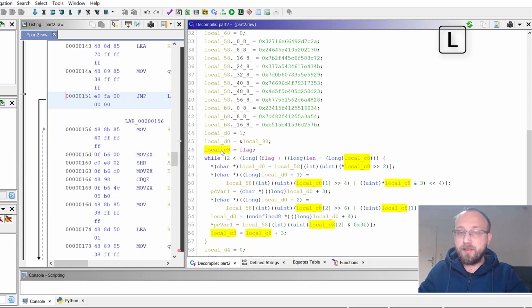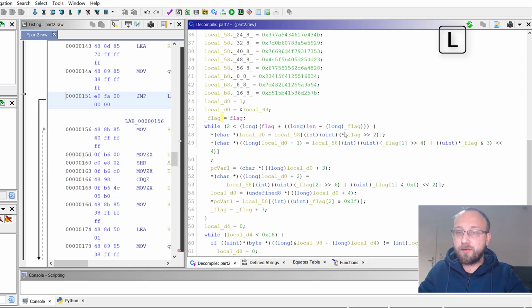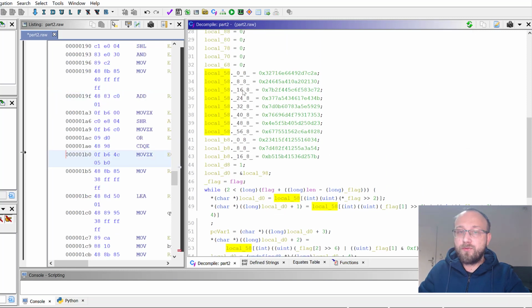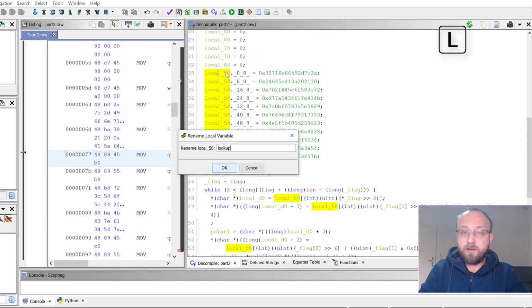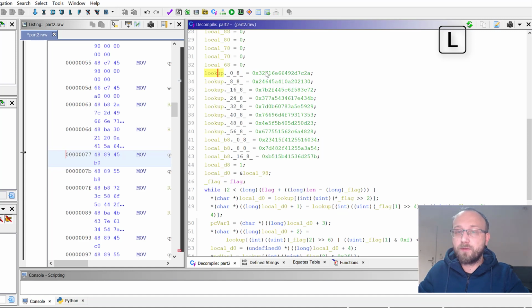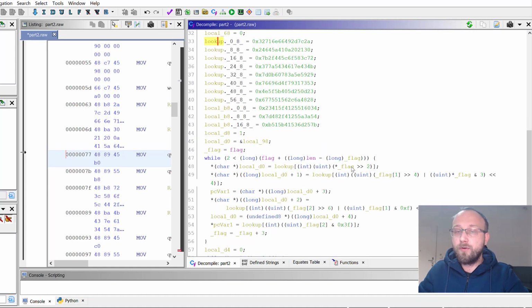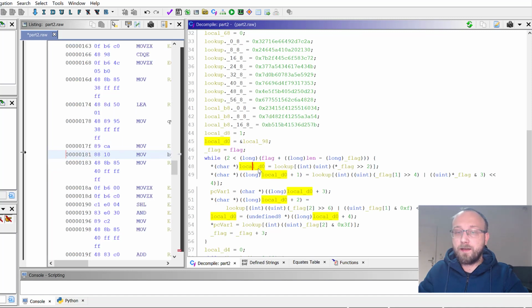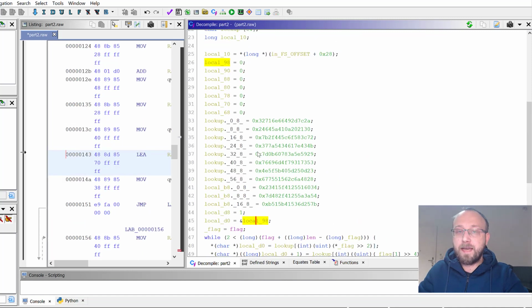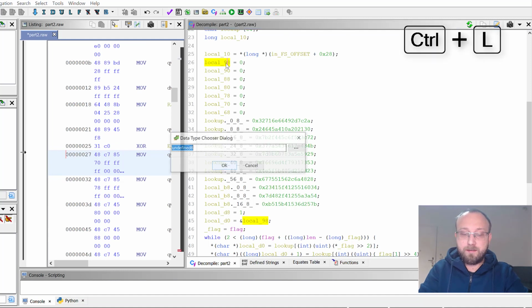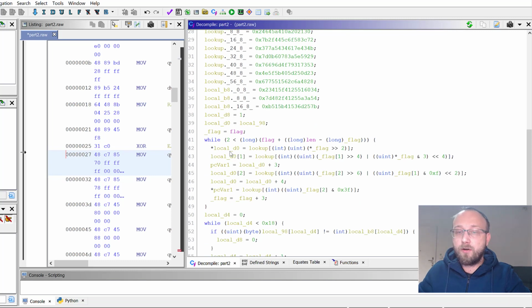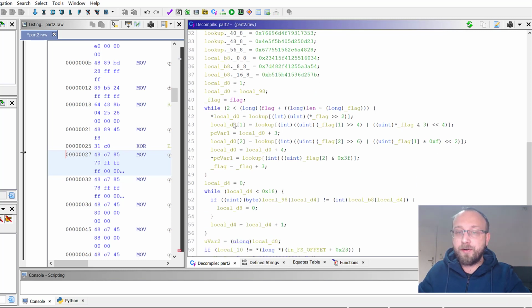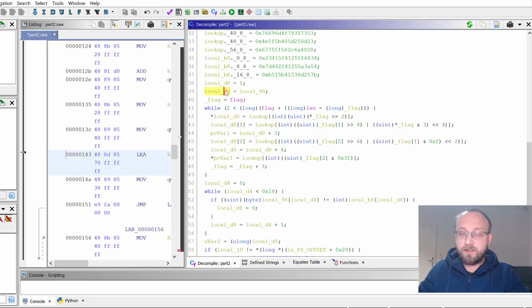Okay, I reverted the renaming, so let's just call it flag, and now it's a bit clearer. So how do we call it? This is some kind of lookup buffer. So we have a lookup buffer with some values, and based on the flag, we take a value from this lookup and we assign it to this local D0, which is local 98, which is also, I guess, 8. So I guess it's also 64. And we assigned it. Okay, so now it's even clearer. So let's just give it a name: